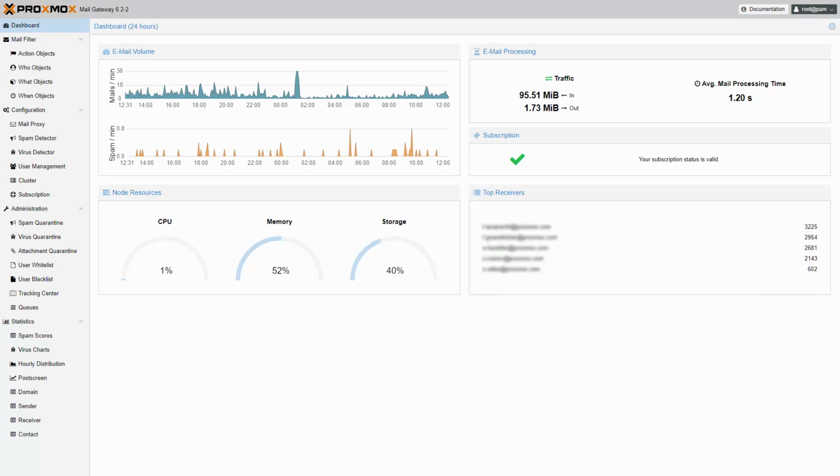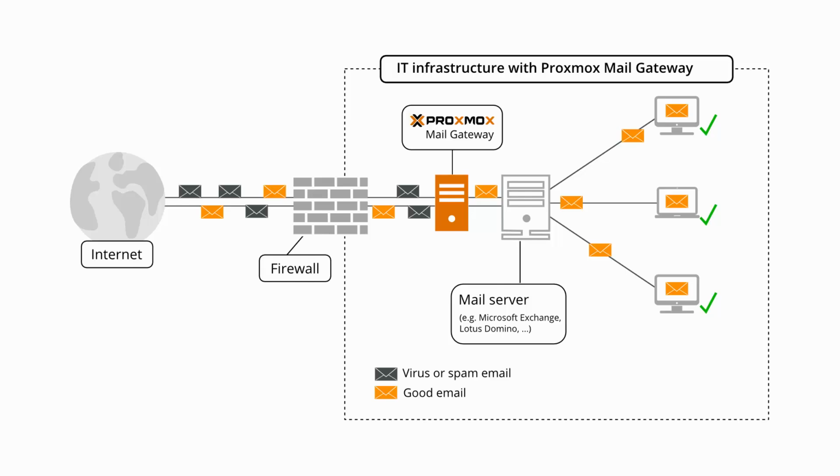I am William, the computerized voice, and I am really excited to introduce you to our Proxmox Mail Gateway 6.2 solution. The Proxmox Mail Gateway is an open-source email security solution protecting your mail server against all email threats. It is a full-featured mail proxy deployed between the firewall and your mail server, and you can control all incoming and outgoing email messages with a focus on spam and virus detection.